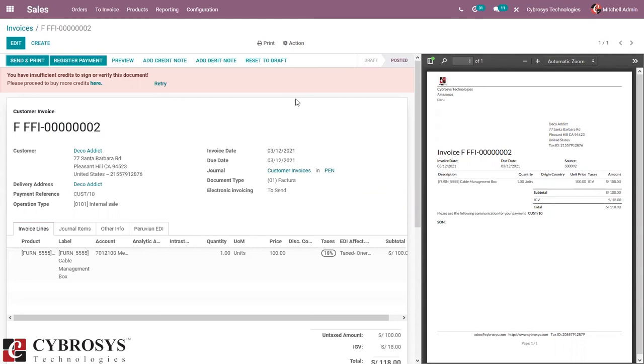So after validating the receipts, we can cancel the invoice. That is, in some scenarios, we require an invoice cancellation. For example, if the invoice created has any mistake, and if the invoice was already sent and validated by SUNAT, the correct way to proceed is by clicking on the button request cancellation. So an additional button will be shown on the top. So I can click on the button for requesting cancellation.